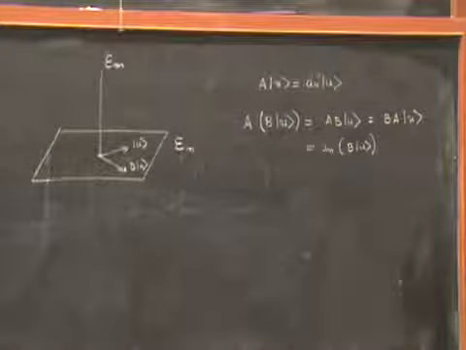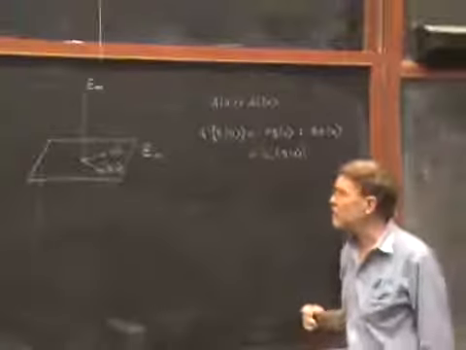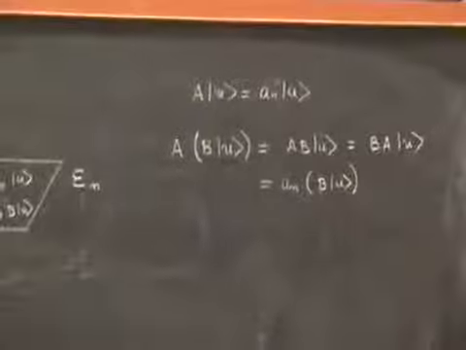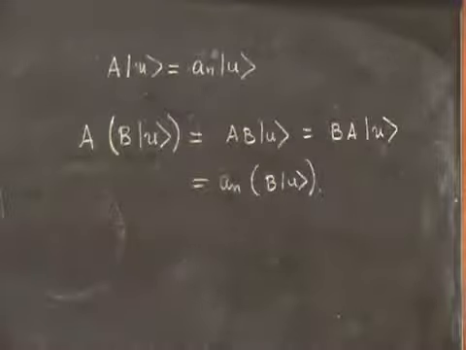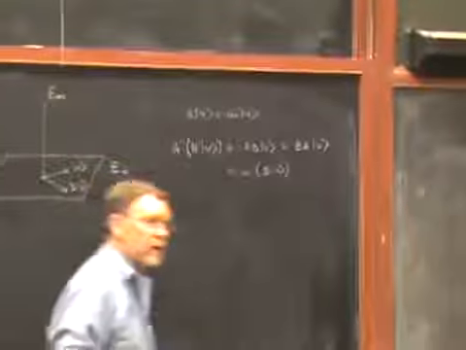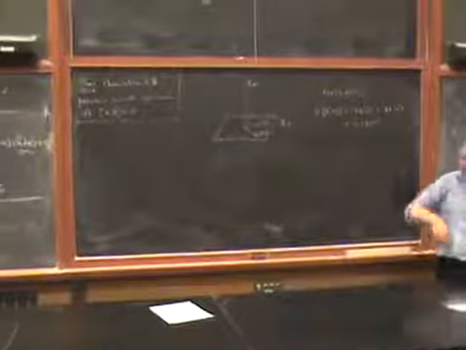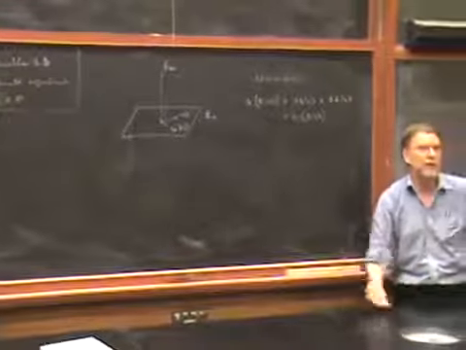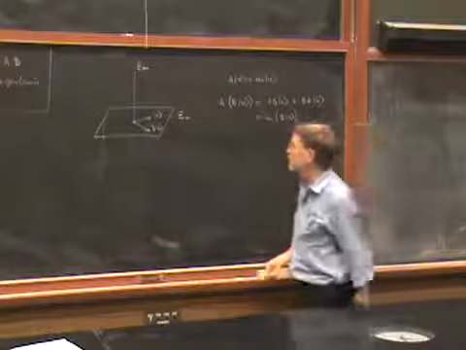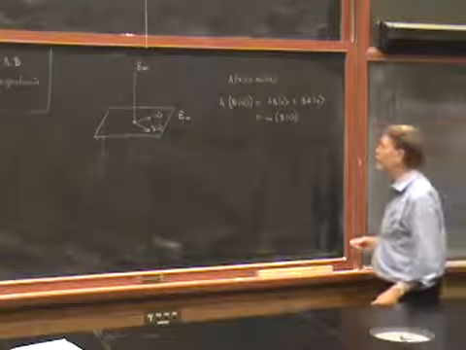Now, if you have an invariant subspace of an operator, you can define what's called a restriction of the operator to the subspace. It just means you ignore the rest of the space and you just look at the subspace. If the subspace is not invariant under the operator, then it doesn't make any sense to talk about a restriction, because if I've got a vector in a subspace and I let an operator act on it and it brings it out of the space, then it doesn't make any sense to say what A restricted to the space is. But anyway, we do have an invariant subspace here of both A and B.